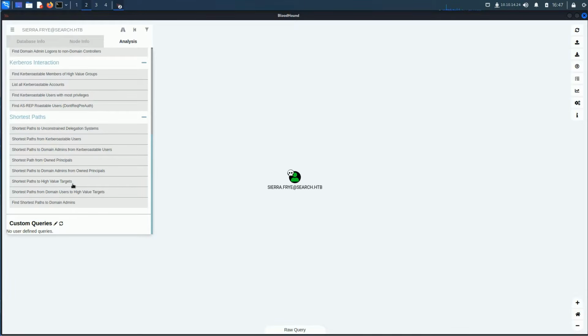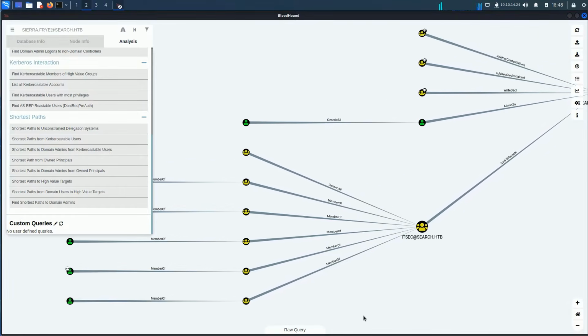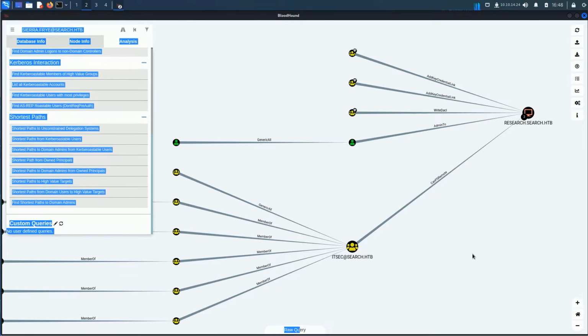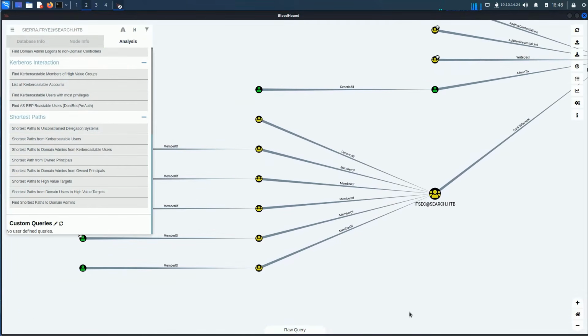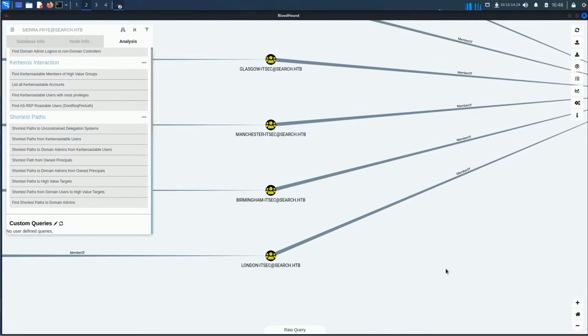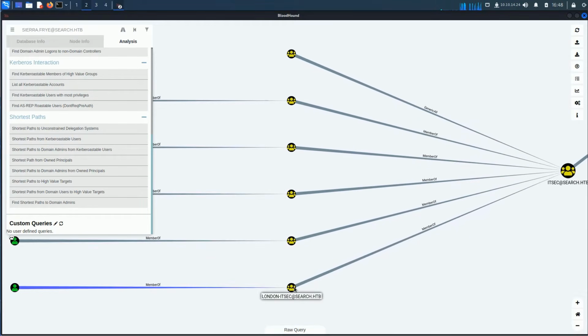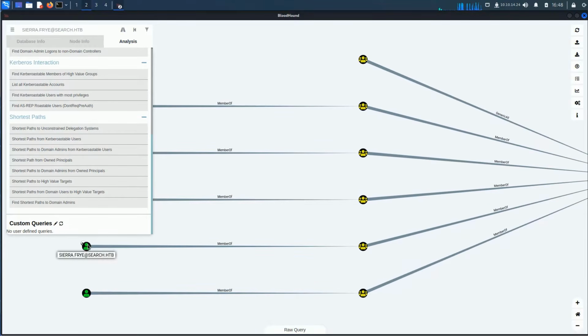And once you do that, for me, I don't try to read into these too much. I know what they are, but I don't try to read into them too much. I just click one at a time to see if any of the paths have any permissions that are interesting to me. Again, just to reiterate, right now we're looking for ReadGMSAPassword. She is a member of, nope, that's not her. It's the skull here. She is a member of